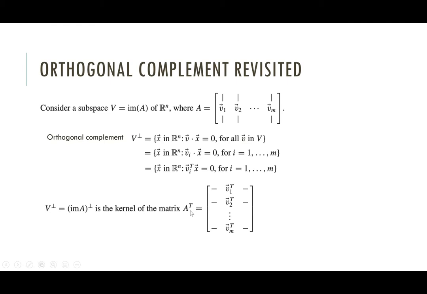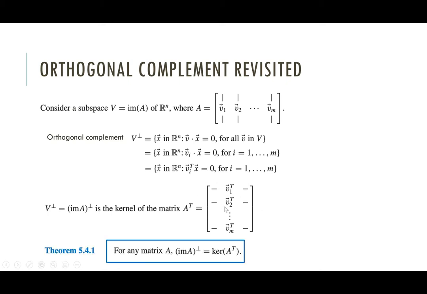Let's convince ourselves that that's true for a second. A transpose is what you get when you take A, take its column vectors, and make those columns the rows instead. The kernel of the matrix A transpose is the set of vectors x such that A transpose x equals 0, but A transpose x, when you're doing the row version of matrix multiplication, is going to be